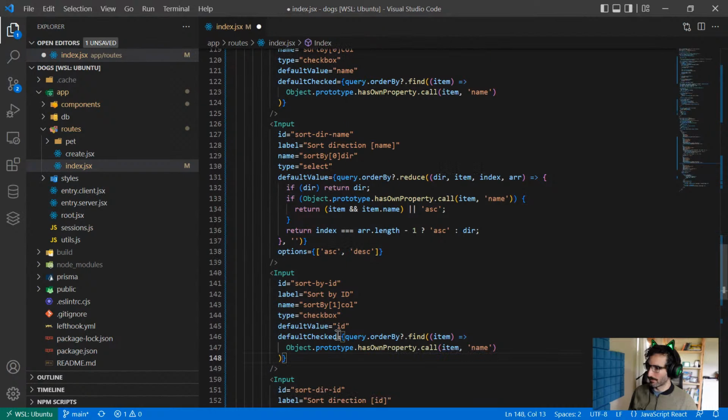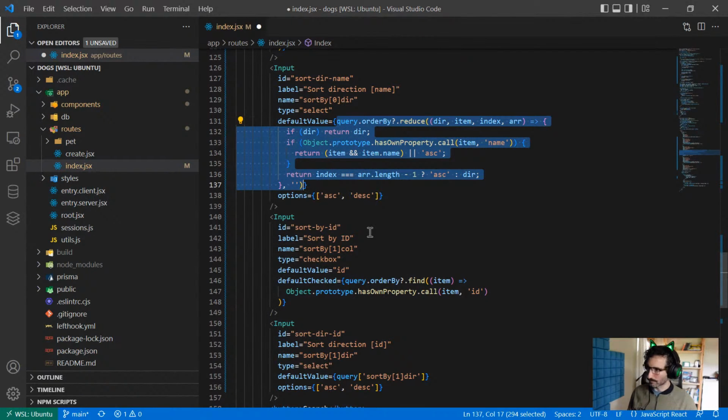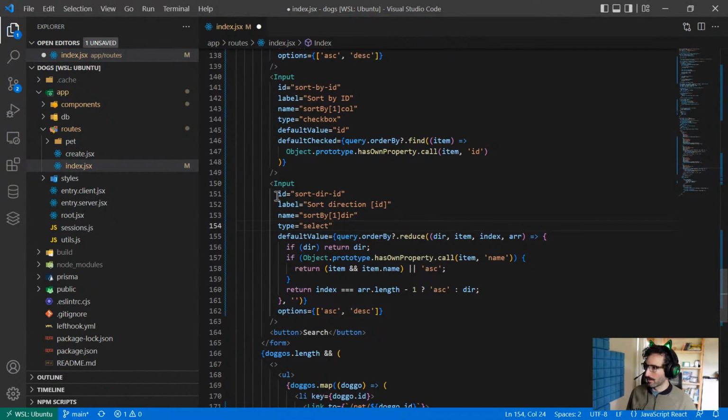Default value, default value, that's it, ID. If this thing has checked by ID enabled, we'll show that as a checkbox. And if we have the ID there,